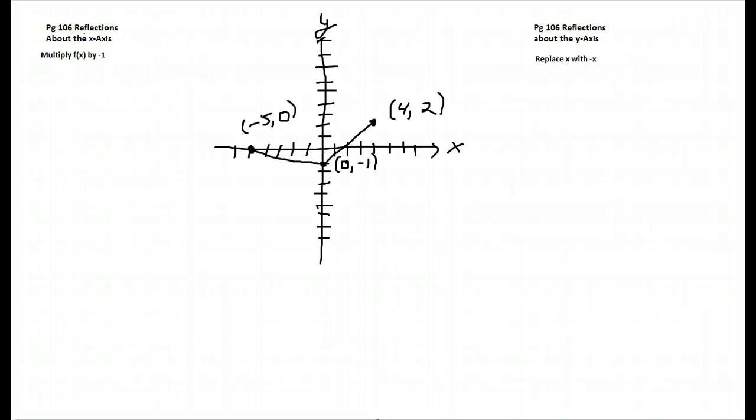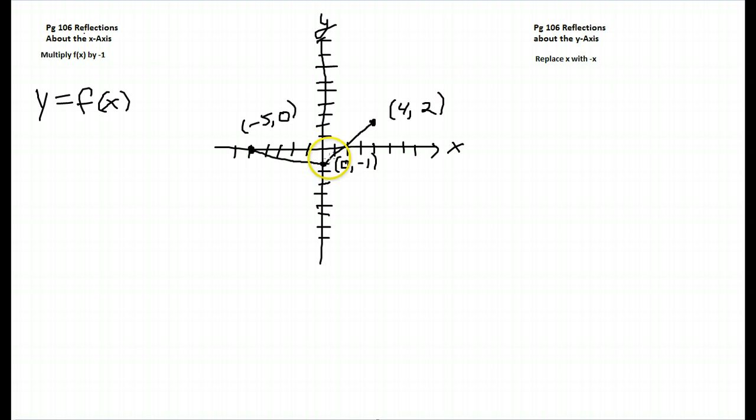Alright, today we're going to be looking at reflections from page 106 in your textbook. Now we're going to look at reflections about the x-axis, which means you multiply f of x by -1. Now, there's one thing I want to remind you. Y equals f of x. So that means we take our y coordinates and we multiply every y coordinate by -1 to find a reflection